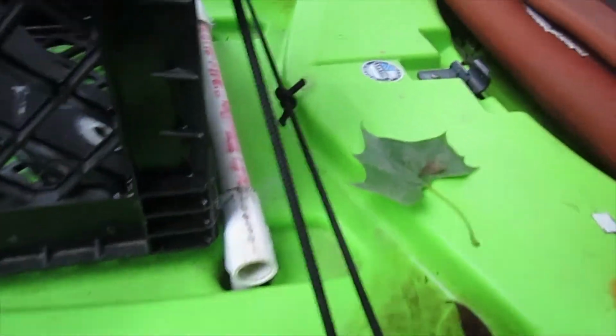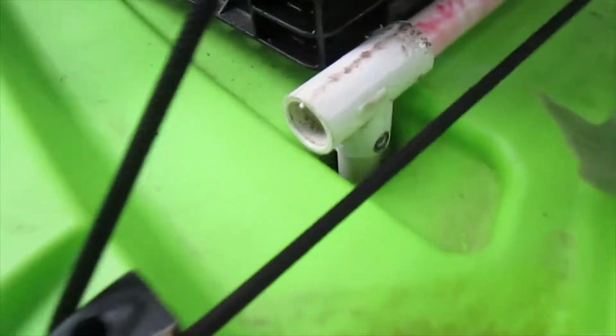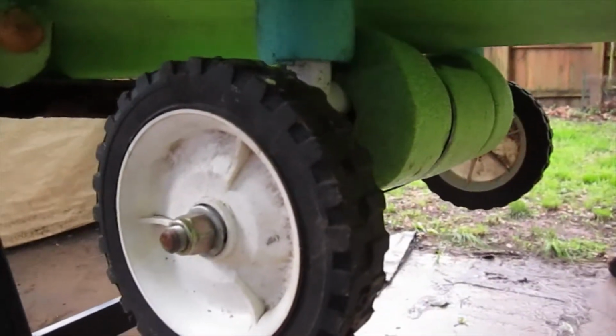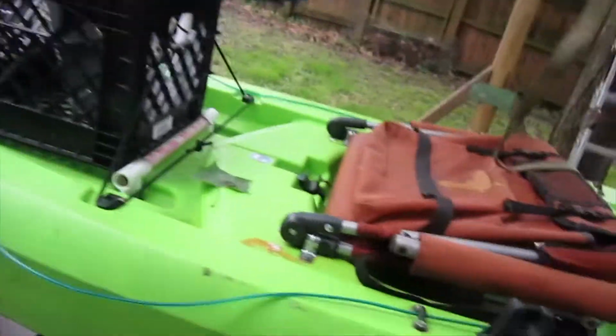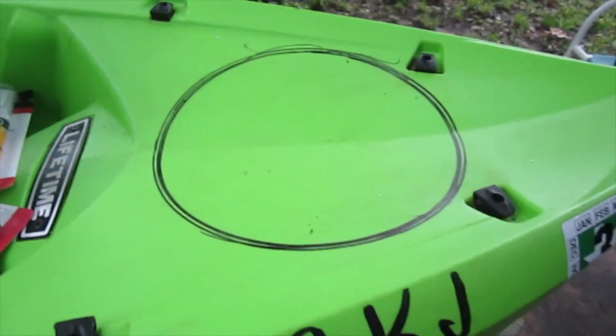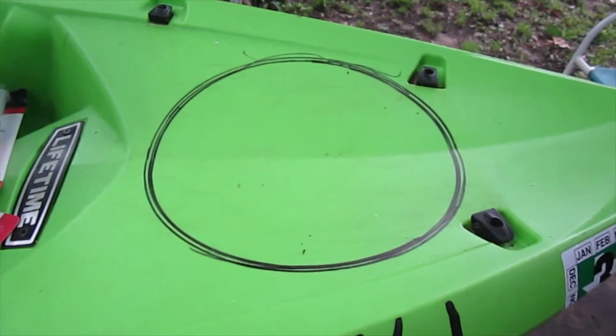And my wheels, these T's are on here just to keep the wheels from falling out. But I've had these since I've had the kayak. But the updated modified version, I'm installing a hatch